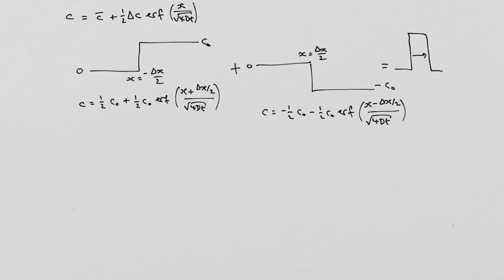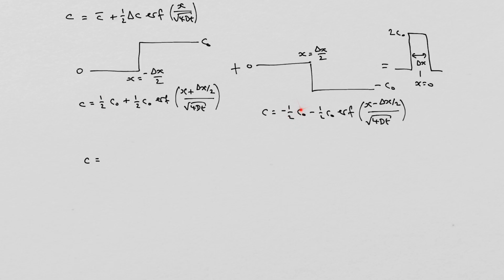Where I have got a width delta x, and actually I've got a height C0 probably. And it's centered on x is 0. So this is now a problem where the initial concentration profile is the sum of two opposite steps, such that I've created a top hat. And I'm going to exploit the linearity of the diffusion equation simply to sum up the solutions again. And so if I sum them up, then